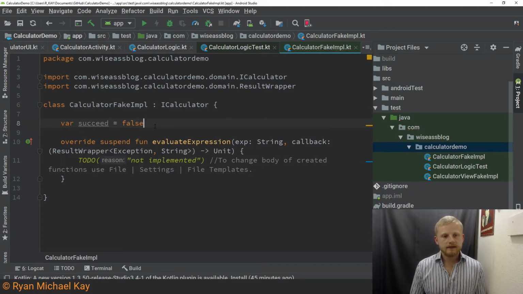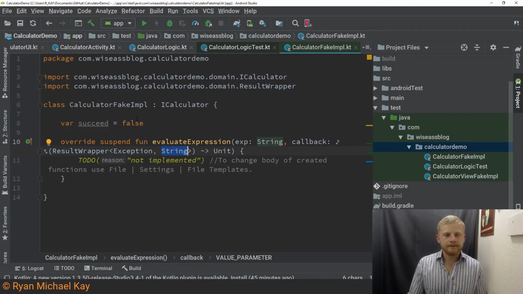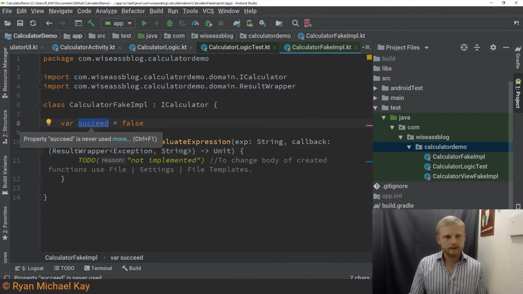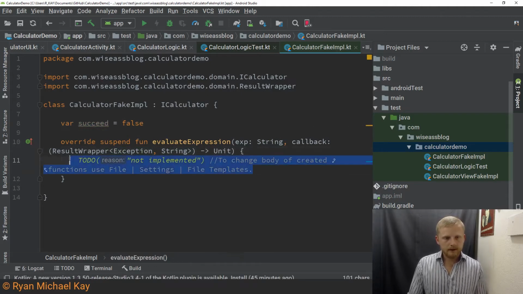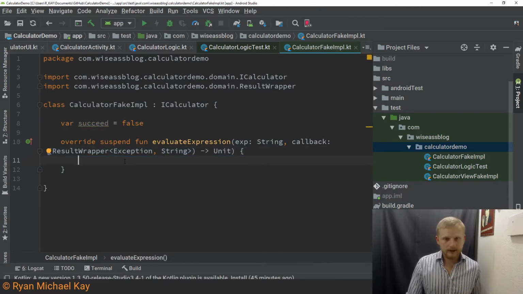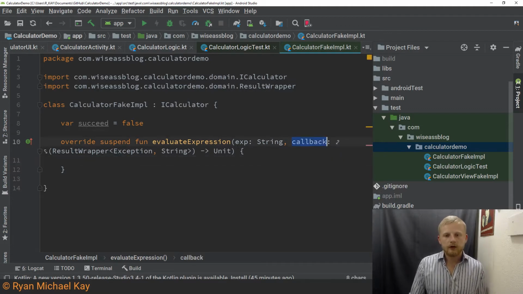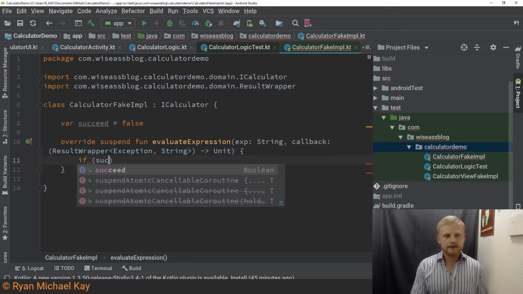And so what this is going to dictate is if succeed is set to true, then we'll return basically an expression or a successful situation. If it's set to false, then what we'll do is we'll return an exception. So as I mentioned before, what's going to happen here is we're actually going to be passing in a callback function from our logic class. So this is something a little bit different, but just understand that, as I said before, another thing you could do is you could just return a result wrapper normally if you wanted to simplify things. I think this will be a little bit interesting for some of the people who aren't used to using function references. So we're going to type if succeed